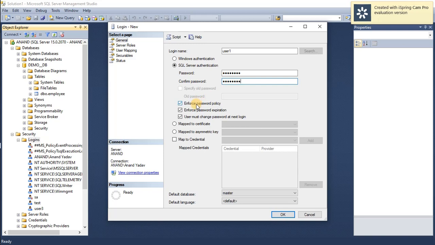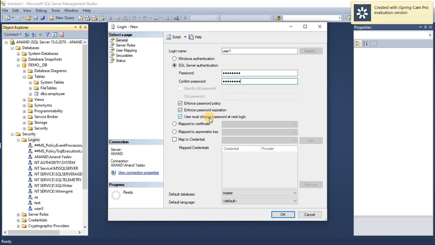You can see some checkboxes already ticked. The first means enforce password policy, which means the password should contain a capital letter, a small letter, alphanumeric values, and a special character. The second checkbox is enforce password expiration. This means a password should expire after a certain number of days, and it will prompt a message that the password should be changed.